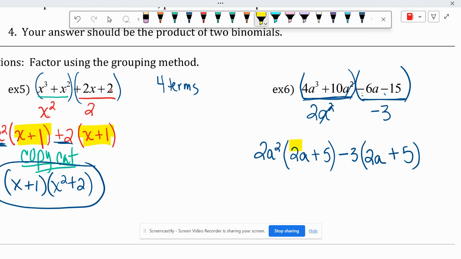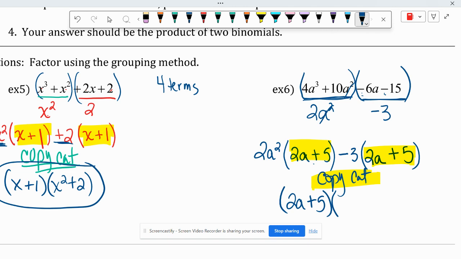And that makes sense because we want to have this what? Yeah, you want to have that copycat, right? You have to have that. So if you don't, then that means you did something wrong. And a lot of times it's a change in the sign, meaning that you probably should have taken out a negative instead of a positive. Okay. So what do I have? Take out your first term, 2a plus 5. You take your copycat, that becomes the lead. And then what do